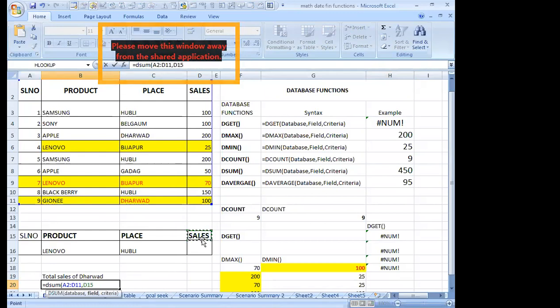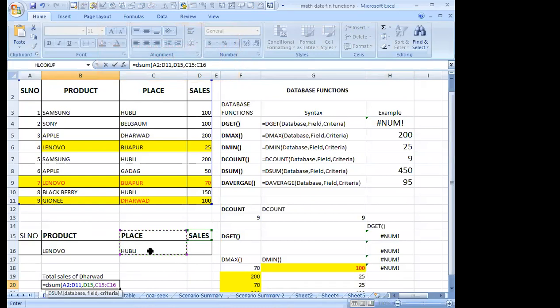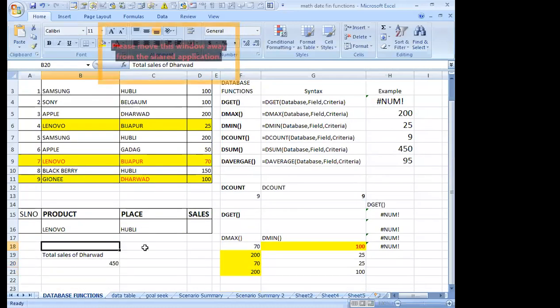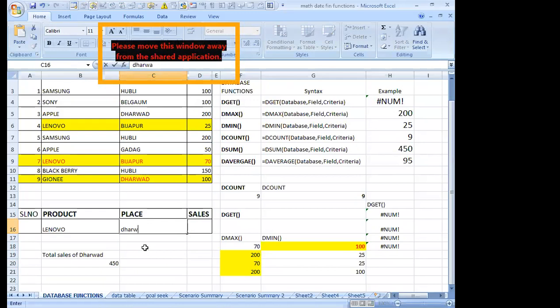It has to perform the total of sales, that is the field. What is the criteria? Place should be Dharwad. If I'm changing it to Dharwad, now it is displayed, because before it was Hubli. If I'm changing this one, the values must be written in the same case as they appear, capital letters and all. See, what is the answer here now?